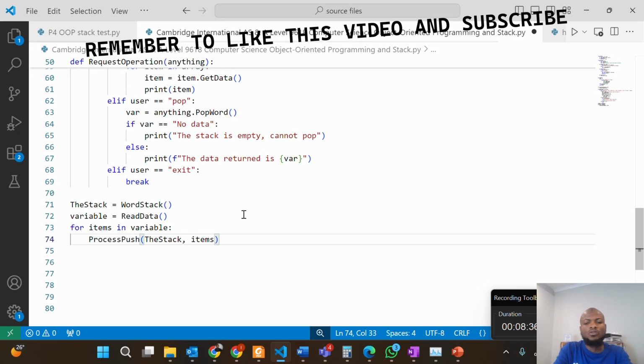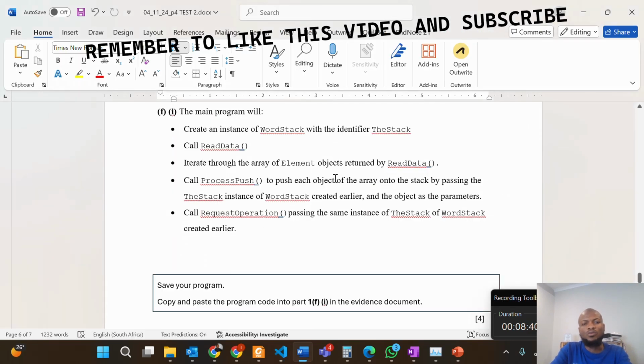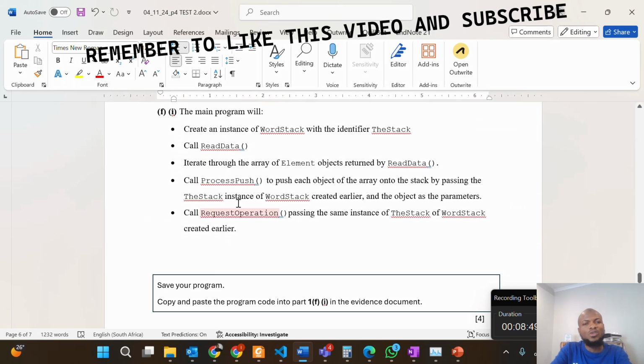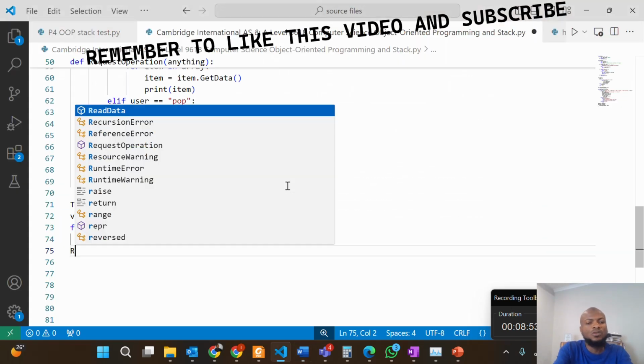Is this understood? So these two values are now passed as parameters. So that is the end of the for loop. Then call the request operation. Some students are fond of calling the next operation inside this for loop. No. Calling the next operation means you are out of this for loop. Is this understood? Then request